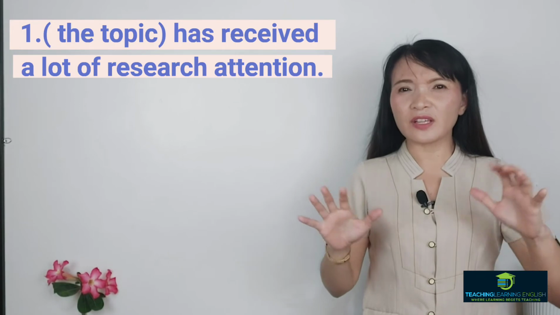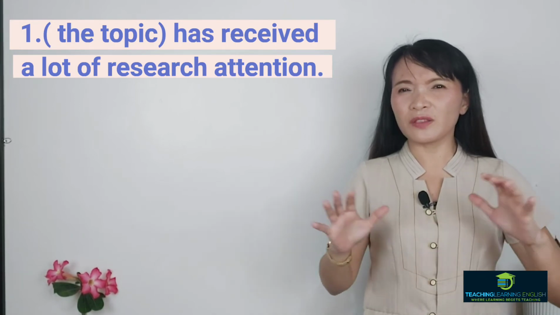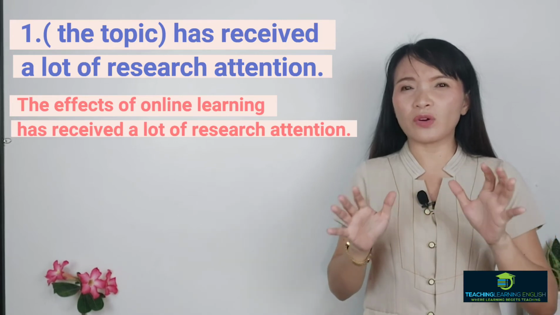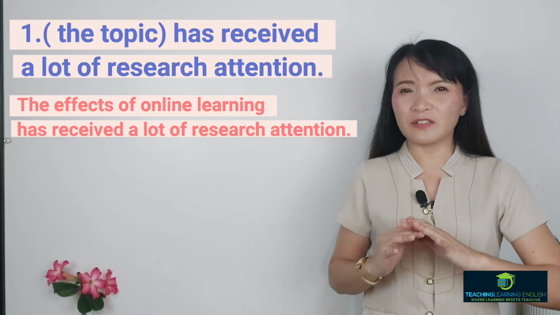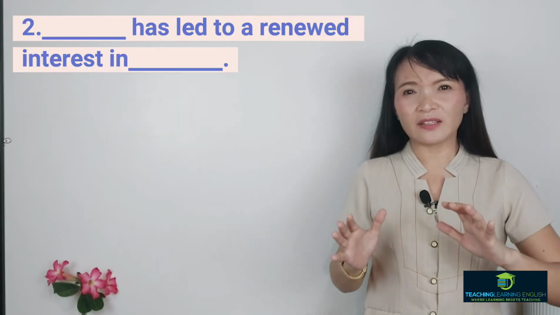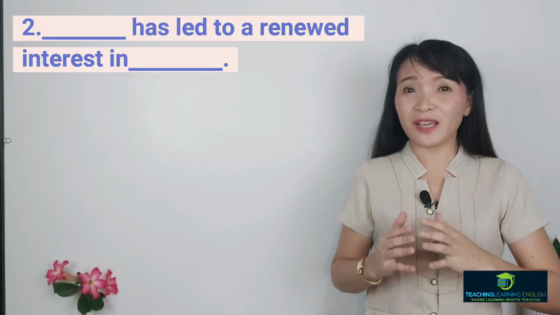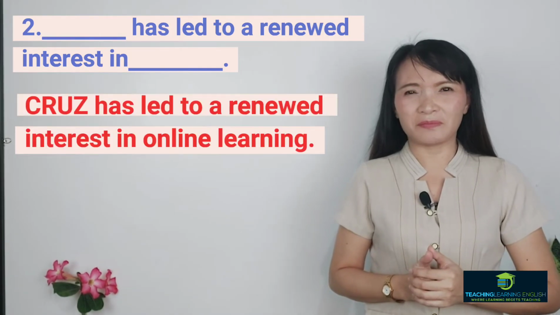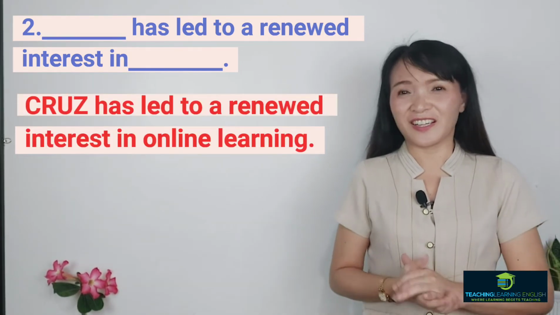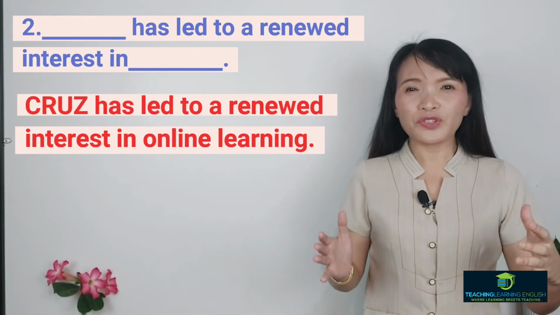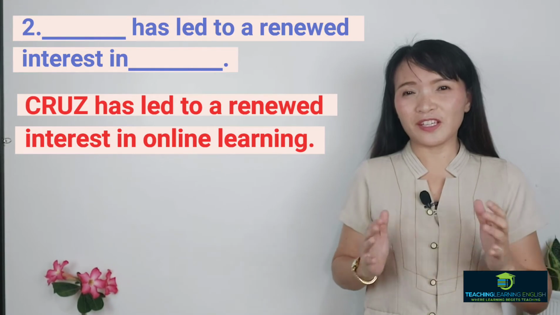First is when you say the topic. "Blank has received a lot of research attention." What topic? For example, "The effects of online learning has received a lot of research attention." "Blank has led to a renewed interest in the topic." You say the author is Dr. Cruz, just an example. So what you write there is you say "Cruz has led to a renewed interest in